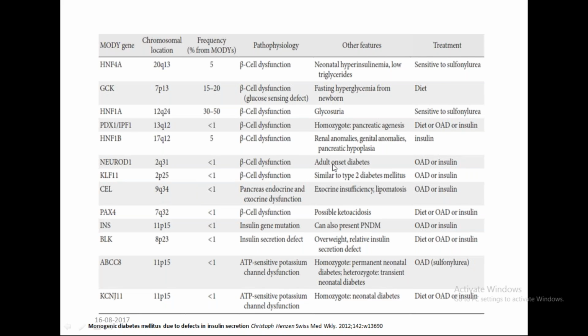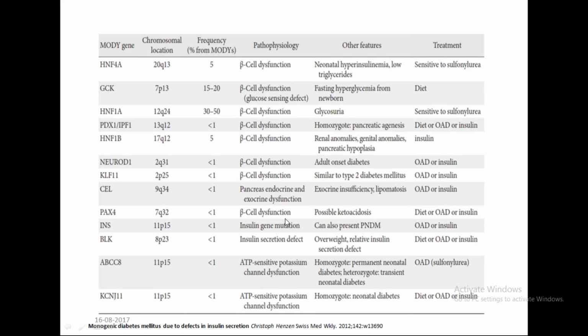Neuro D1 is the sixth one. Here you will start them on OAD or insulin. Next, 7, 8. Seventh one is similar to type 2 diabetes, where you're giving them oral antidiabetics or insulin. And then coming to the eighth one, carboxyl ester lipase, where there is exocrine insufficiency and lipomatosis, both are present. And the important thing, you remember that exocrine is involved,